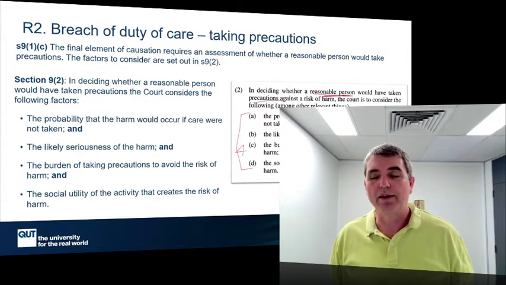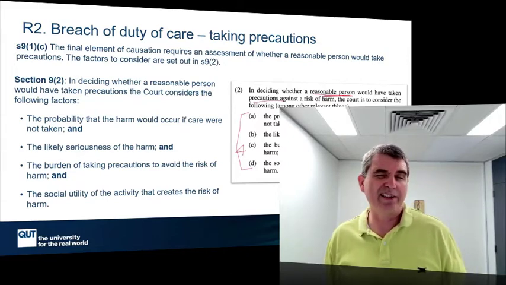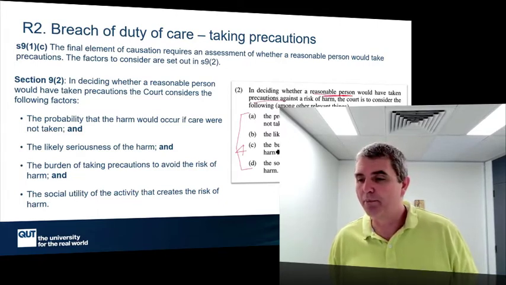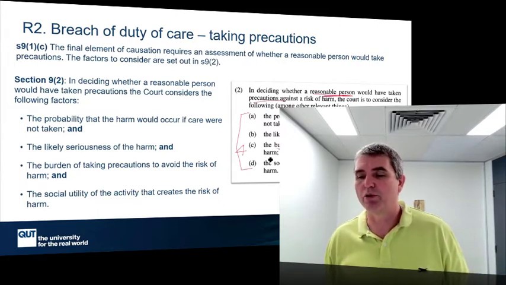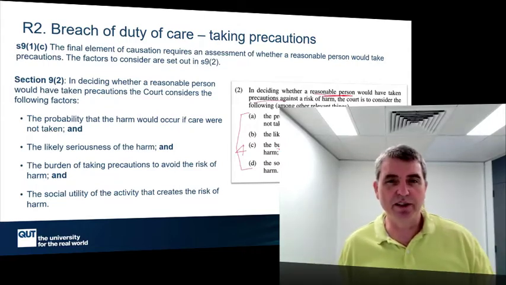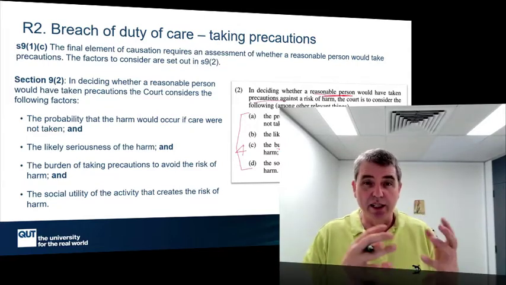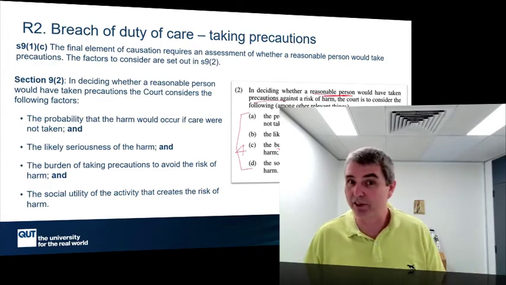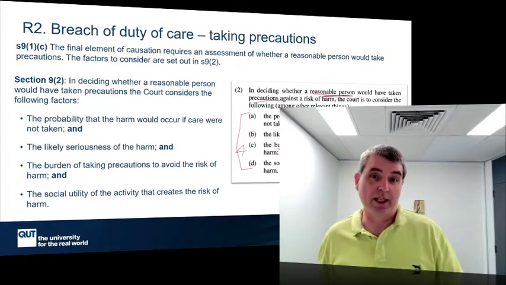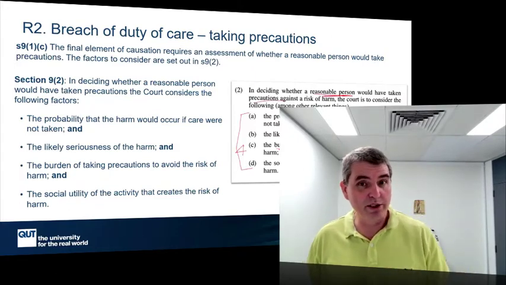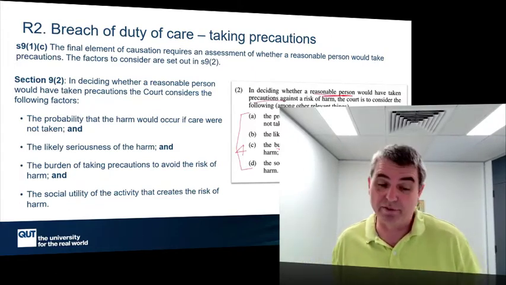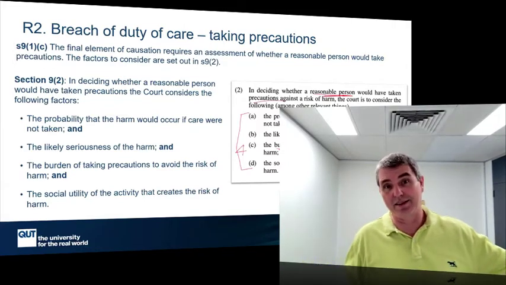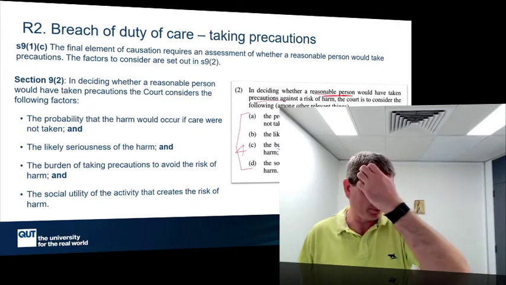The third thing that we need to look at is how much effort is required to do something, right? What is the burden of taking precautions? Given this potential harm, given this probability, how much will it cost? Not necessarily just money, but what is the burden of doing something? If the burden is low, a reasonable person is probably going to take precautions. If the burden is high, a reasonable person will have to balance that against the harm and the probability.